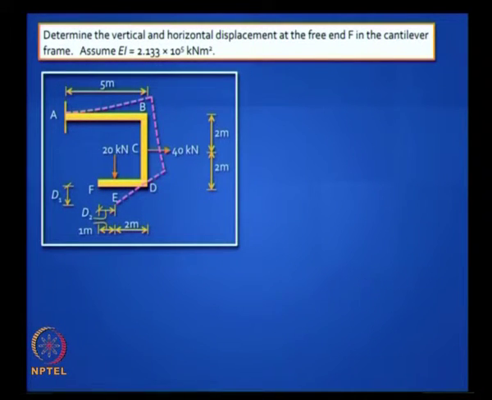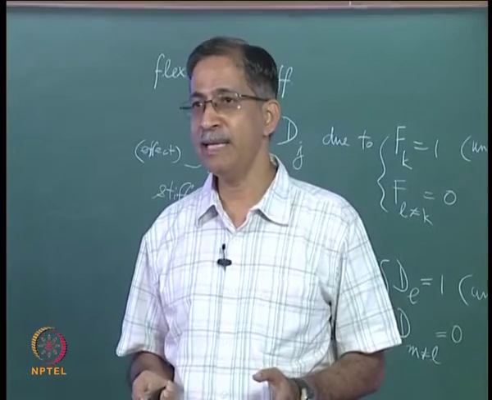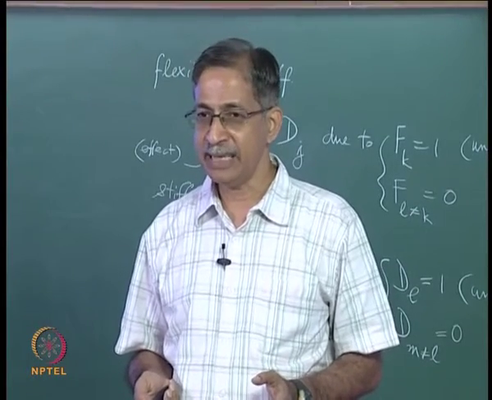A more complicated problem is a frame, that is a cantilever frame. The question is, can you find D1 and D2? Okay, you have done this last semester, so I will just go through the concept. We first generate the bending moment diagram, and doing this needs some skill which you should have got by now. You must know how to analyze statically determinate structures. Draw the bending moment diagram on the tension side.